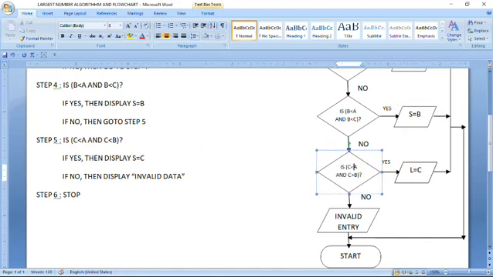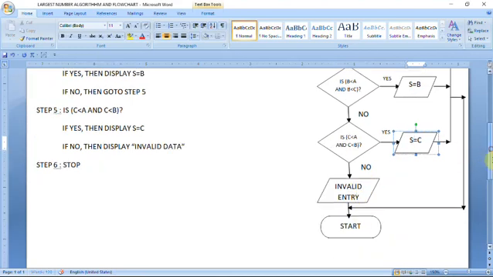Here again you have to give a less than sign, and s equal to c. If all the conditions are tested false, then what happens? Then the user might have entered invalid data or invalid entry, so I have given that here.